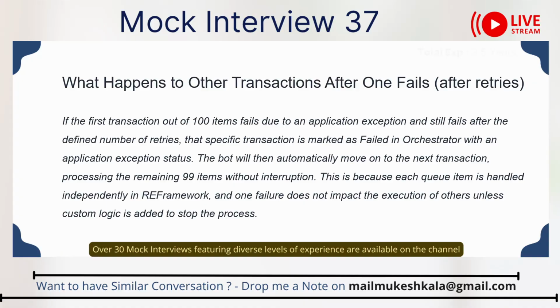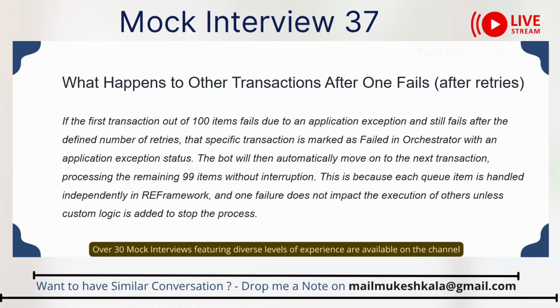So what happens to transaction number two now? It will reopen the AS400 application, go to the system, and if there is any exception, the second one will also fail. You are saying all the 100 will fail now? It will try a number of times, relaunch the application, and close it for one transaction. You are just repeating the same answer, Ashok.